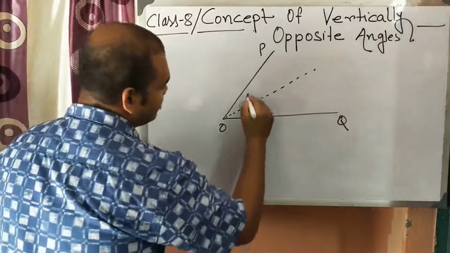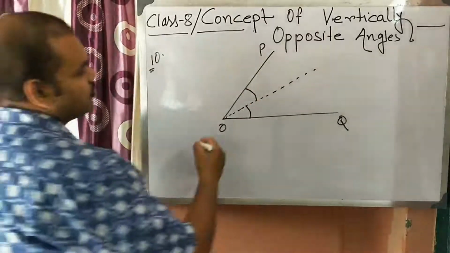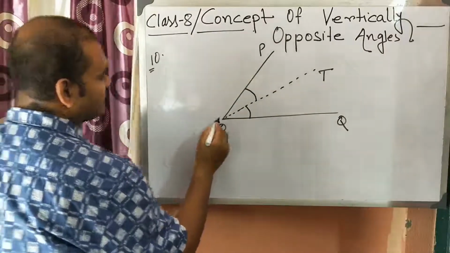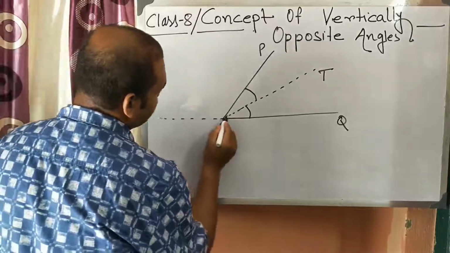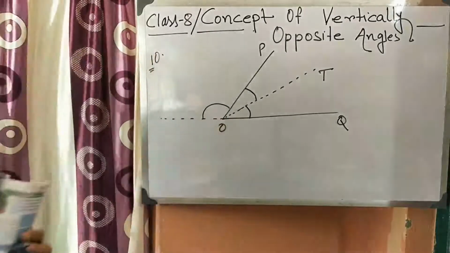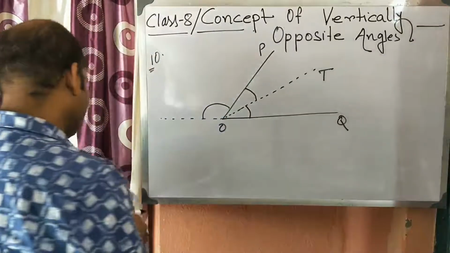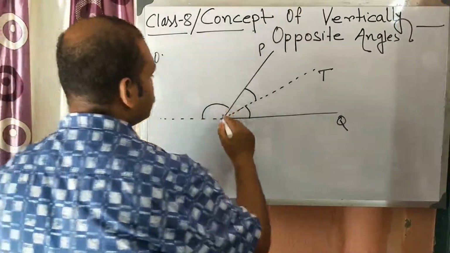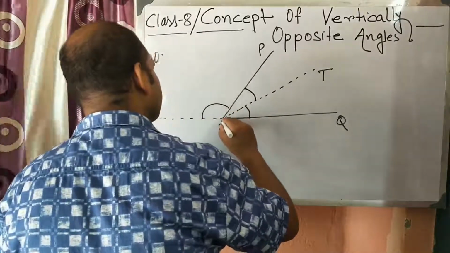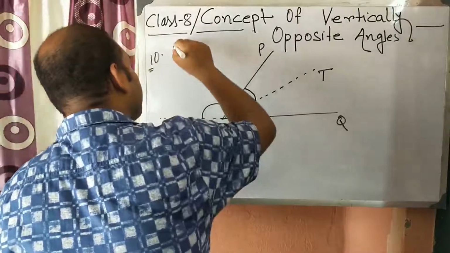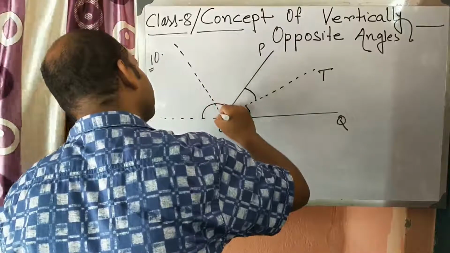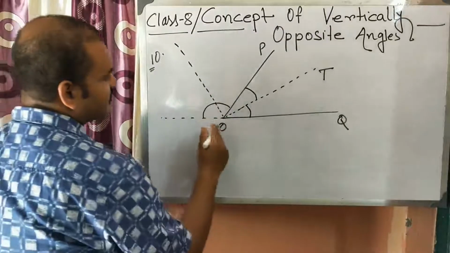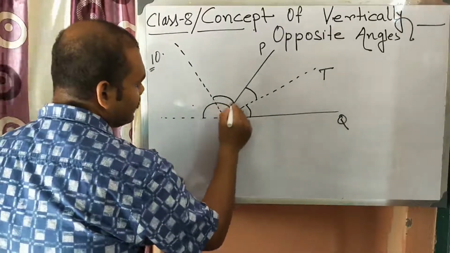So this angle and this angle are equal, internal bisector. So OT, suppose, and the external bisector. So what is the external angle? The external angle will be like this. So this external angle and the external angle, the external bisector will be like this. So this is the external bisector. If this is the external bisector, then this angle and this angle are the same, this angle and this angle.